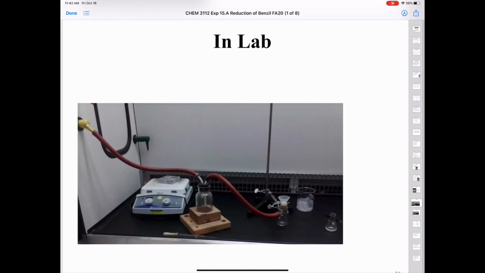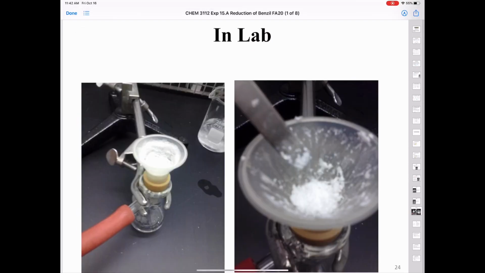Once the crystals have formed, you're going to want to cool the crystals in an ice bath to force more of them out of the solution, and then you're going to filter them off using a Hirsch funnel. You're going to wash the crystals with a minimum amount of cold water, let them dry, and then finally weigh the product. You can see that the yellow color of the benzyl is gone, and our product is a white